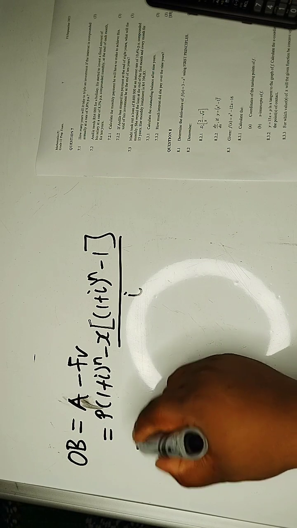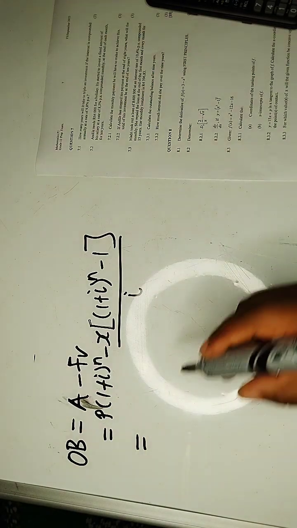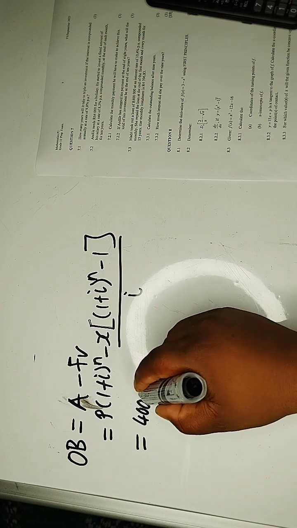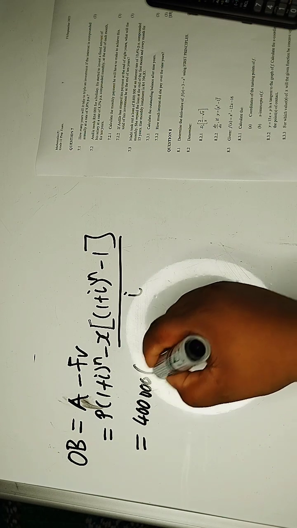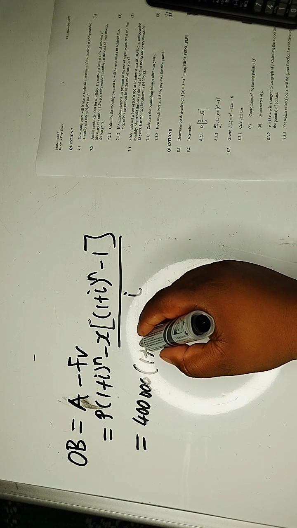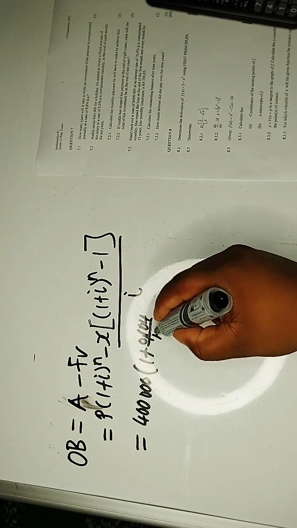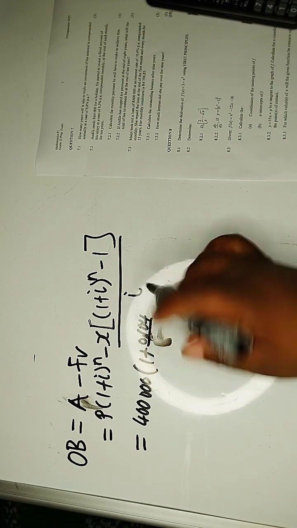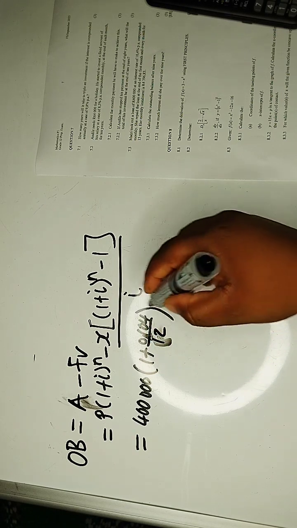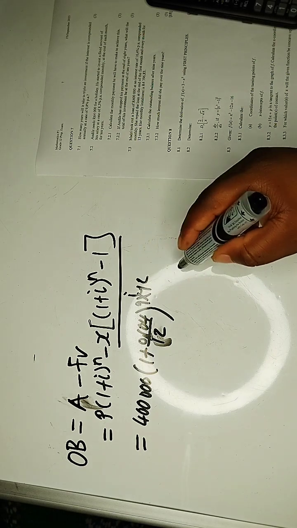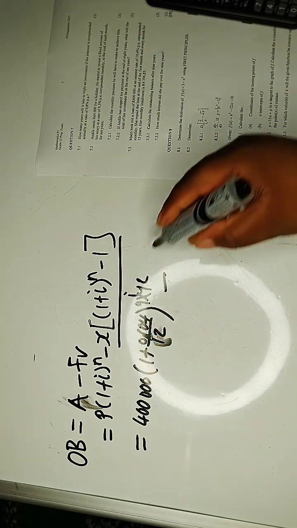Let's substitute this. Our loan is 400,000 into 1 plus 0,104 all over 12. Then here we have 9 times 12, minus our X will be